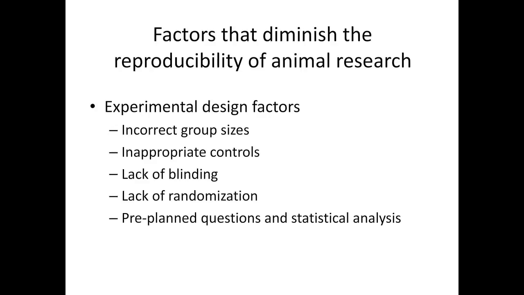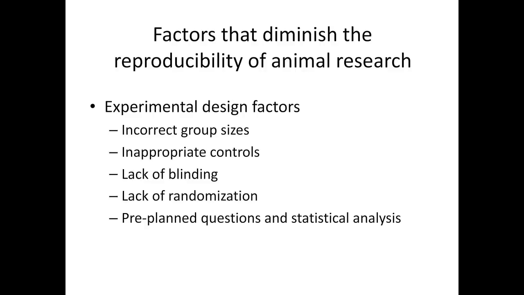So some of these I'm sure you've all heard of and thought of before, and we'll go through them kind of quickly because these are factors that we're all well aware of. I will say, first of all, that in terms of reproducibility of science, it's not just animal research that's the problem. Many kinds of research, whether they're strictly in vitro studies or extend into the human realm, are difficult to replicate. And that happens because when we're doing research, we don't necessarily understand everything that can impact the system. We'll give an example of this later, but essentially